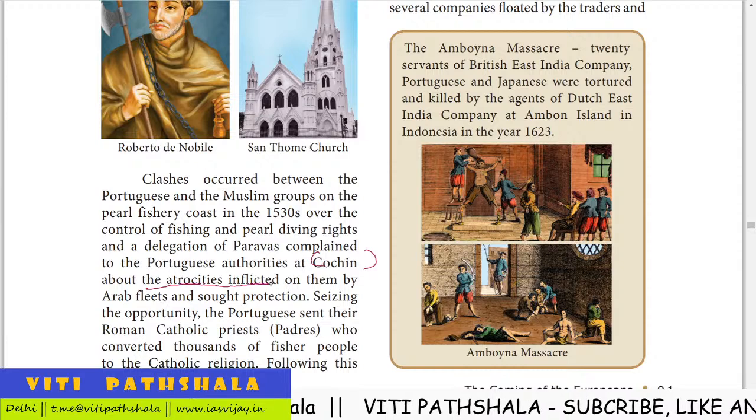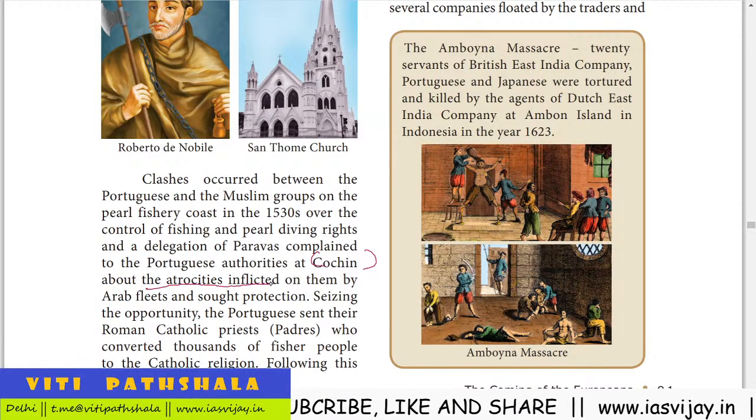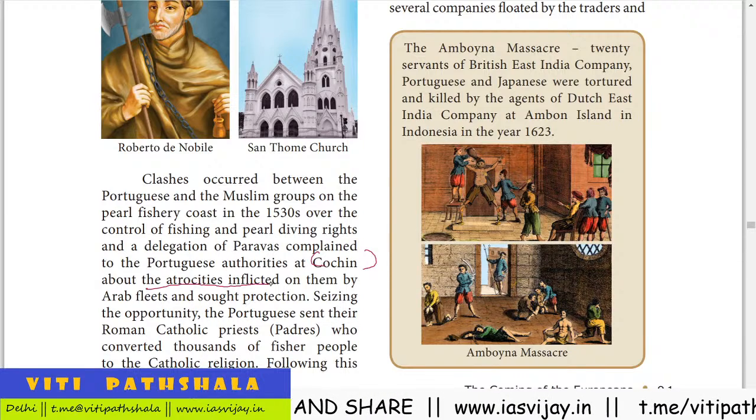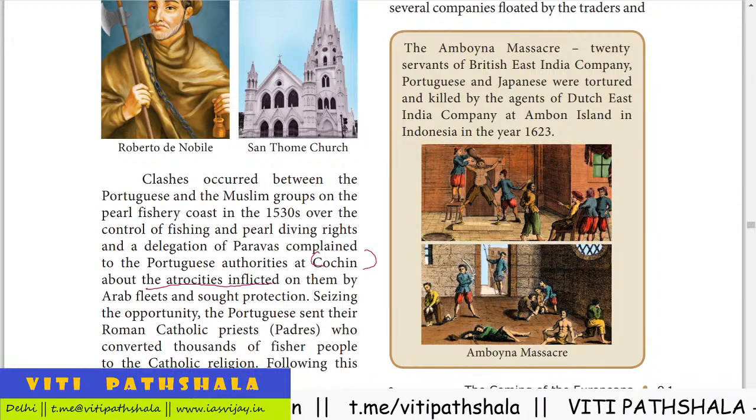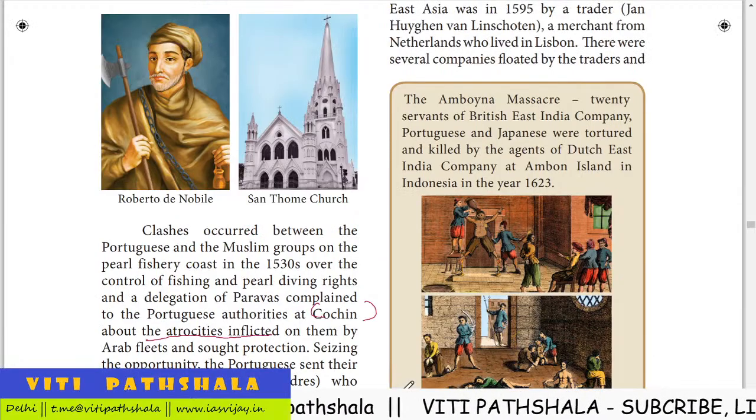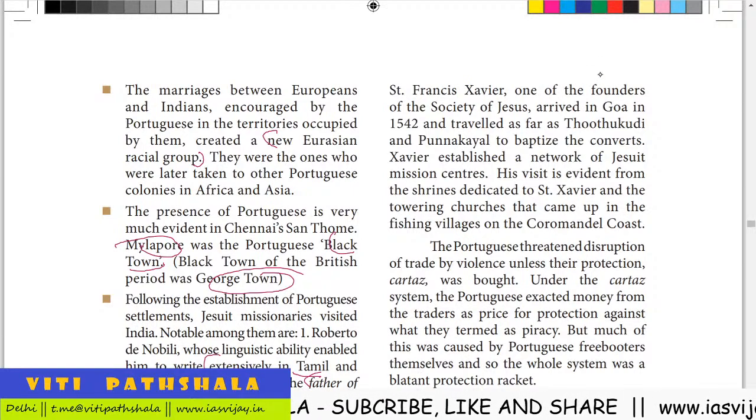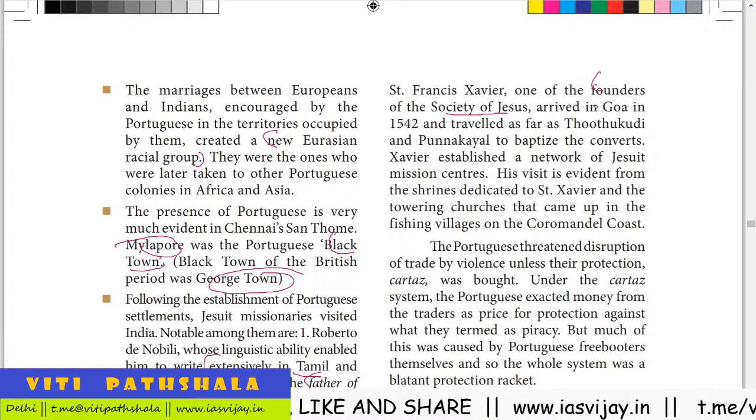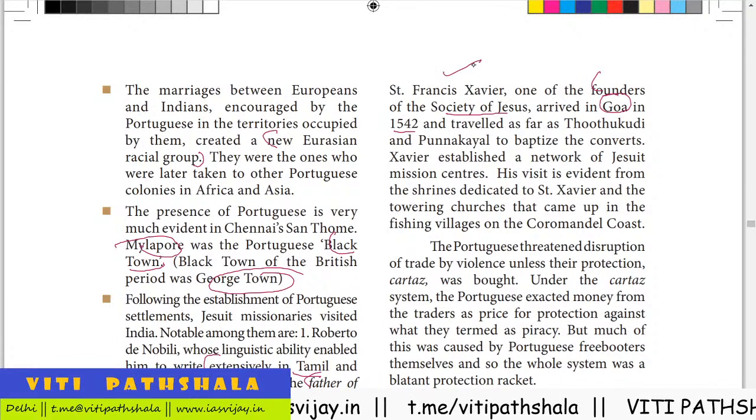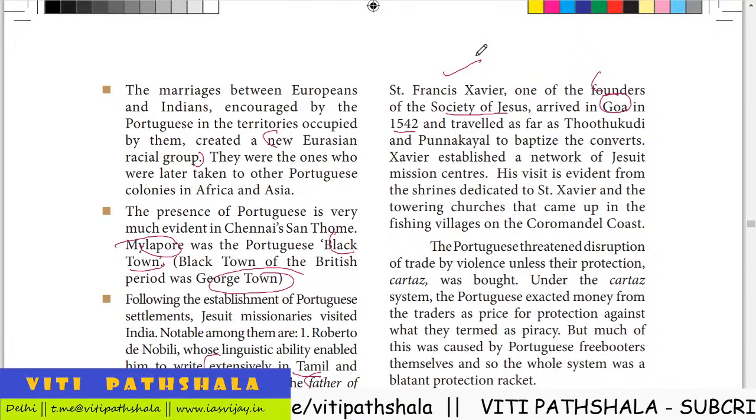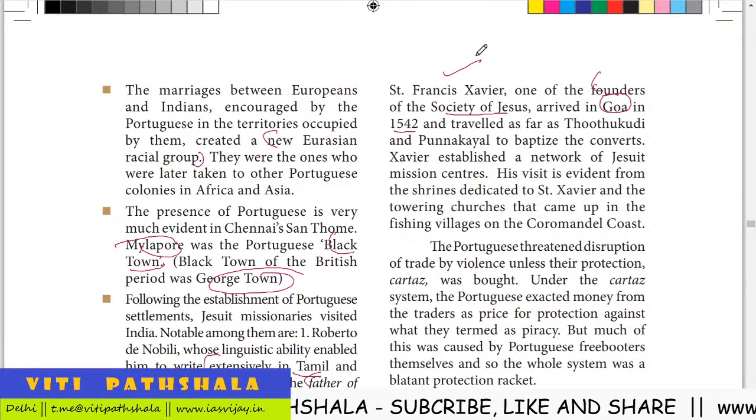Seizing the opportunities, the Portuguese sent their Roman Catholic priests, that is the Padris, who converted thousands of the fishermen to the Catholic religion. Now, following this, Saint Francis Xavier, one of the founders of the Society of Jesus, arrived in Goa in 1542. Now, this person is important and traveled as far as Thoothukudi and Punnakayal to baptize